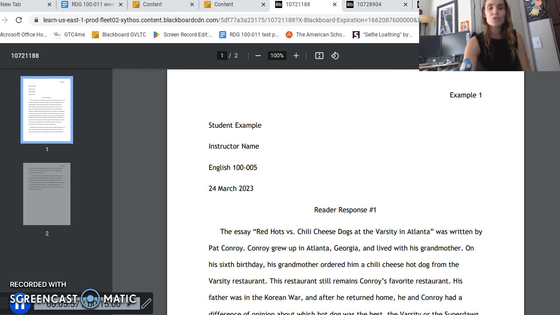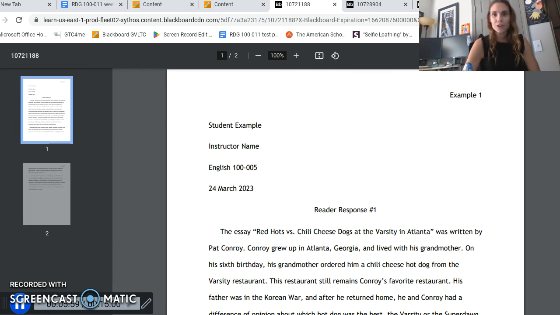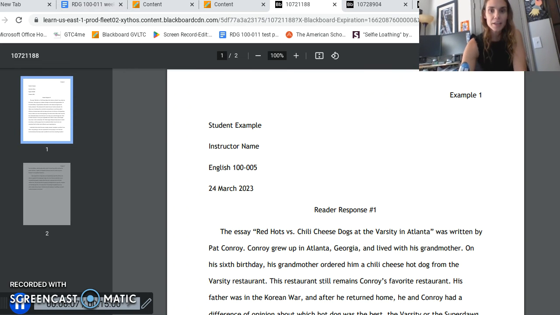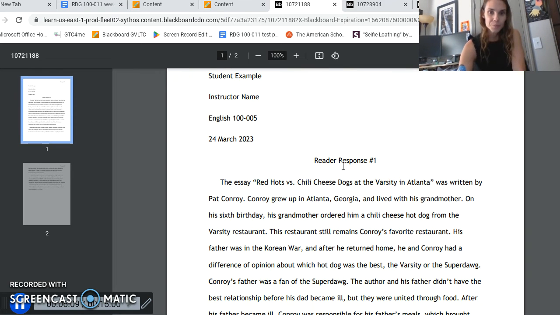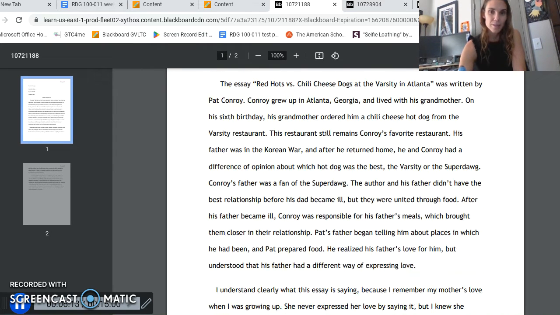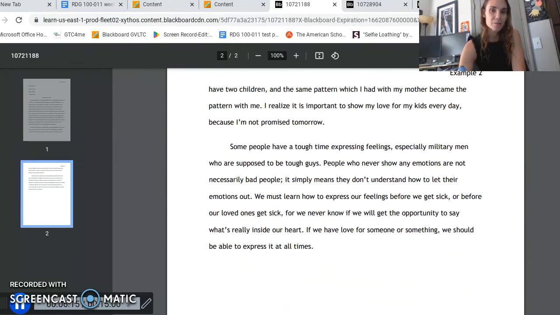So if you want to make sure you are doing everything correctly, I would just make sure you format it just like this one. It shows exactly where the title goes, the format of the heading in the middle here, where everything goes and how it lines up, and the 3 specific paragraphs that we talked about.